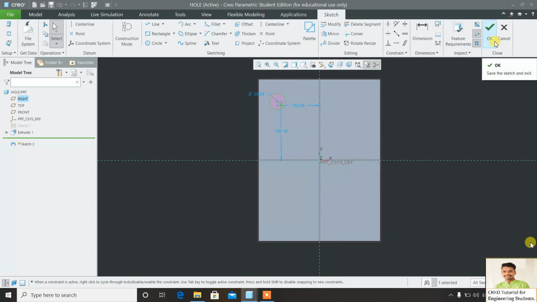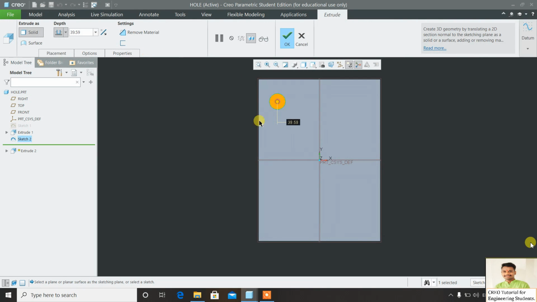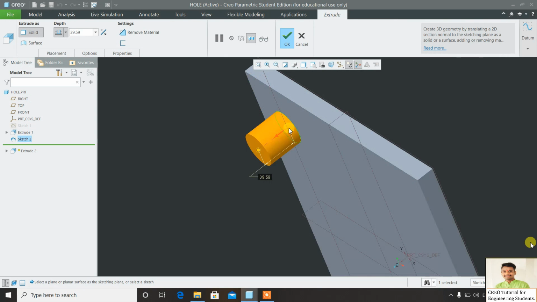Now I will extrude it. Now I have extruded it in the forward direction. But when I extrude it in the reverse direction, then the material will be removed and it will look like a hole. For this, I will select the extrude command, change the depth direction like this.